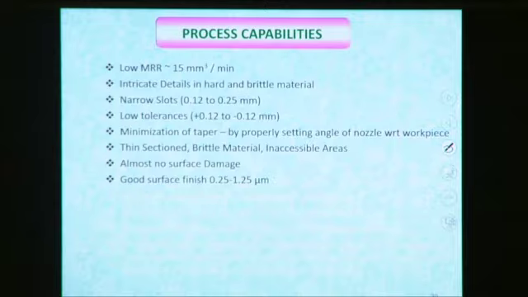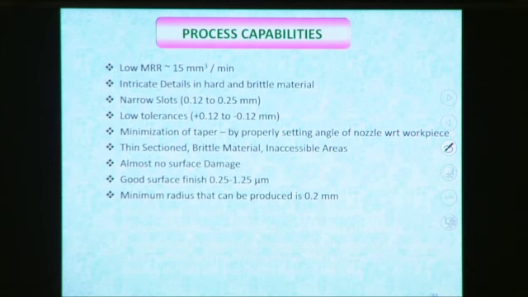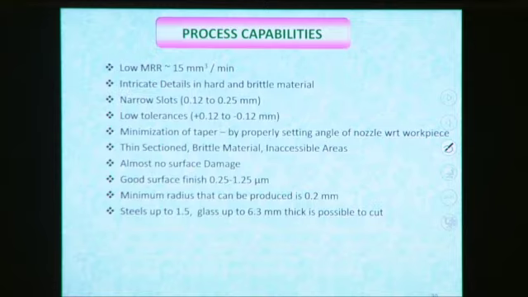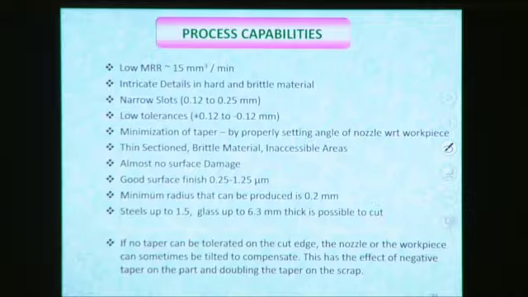And it can generate very good surface finish, 0.25 to 1.25 micron surface finish can be generated. So the minimum radius that can be produced is 0.2 millimeter in case of abrasive jet machining. Steels up to 1.5 millimeter, glass up to 6.3 millimeter thick is possible to cut by the abrasive jet machining